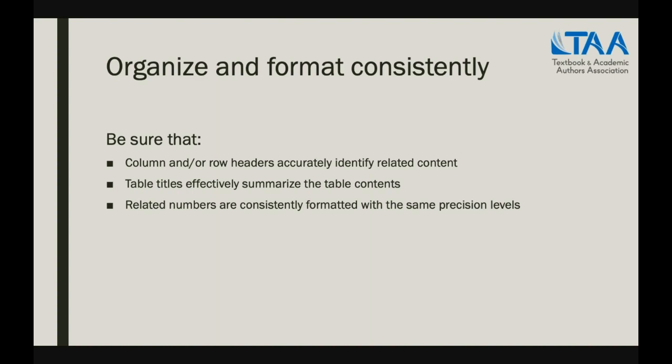So if that means adding trailing zeros to your numbers so that you have a precision level of 4 decimal places on every number within a column, so be it. But incorporate that so that we can visually inspect and easily compare numbers side by side. 10.9 versus 109 is hard to distinguish when you're visually scanning down through a list. But if you have 10.9 and you have 109.0 and all of our decimal places line up, particularly if you right align the information in that column, then it makes it very easy to visually inspect the column and compare